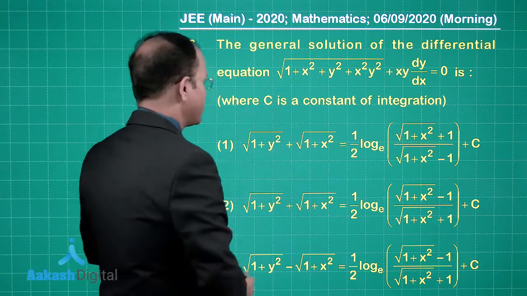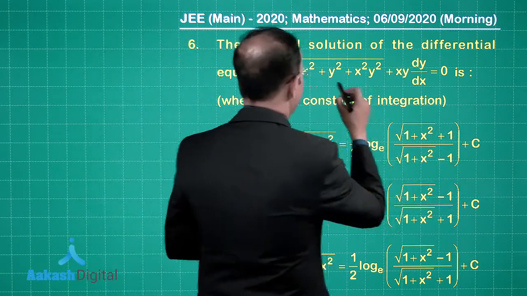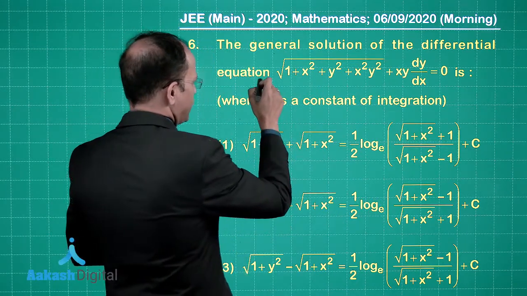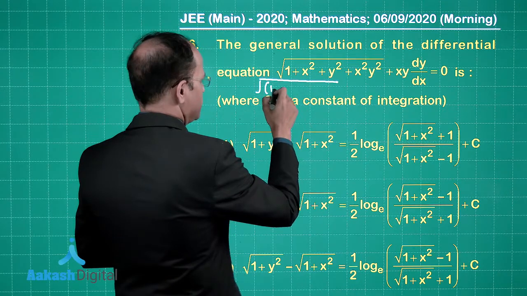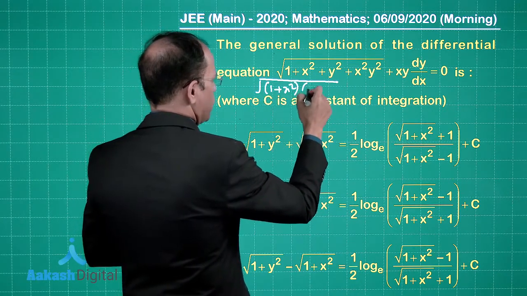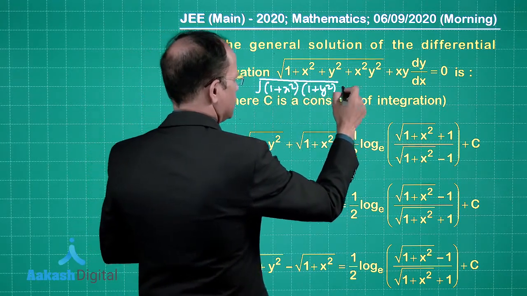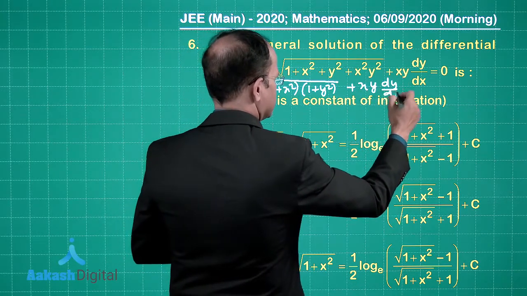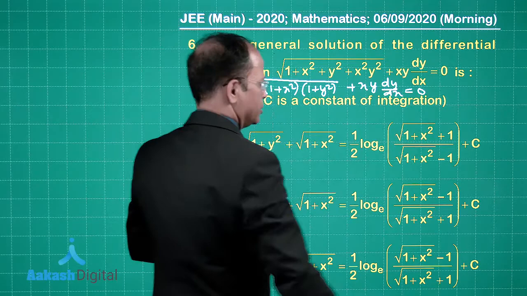So that means if I talk about this part, say 1 plus x squared, just have a look at this part. This is nothing but we can write it in this way: 1 plus x squared, and this is 1 plus y squared plus xy, this is dy by dx, which is equal to 0. So that means,